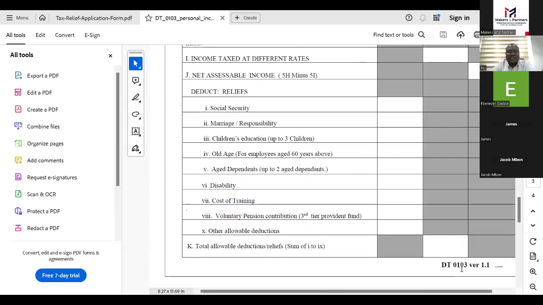Then you less income tax at different rates. Income tax at different rates relates to if you have set up a business and you are not in the capital, we have different rates for it. Hotel rates are different from business rates. Hotel rates are 22%. Limited liability companies are 25%.